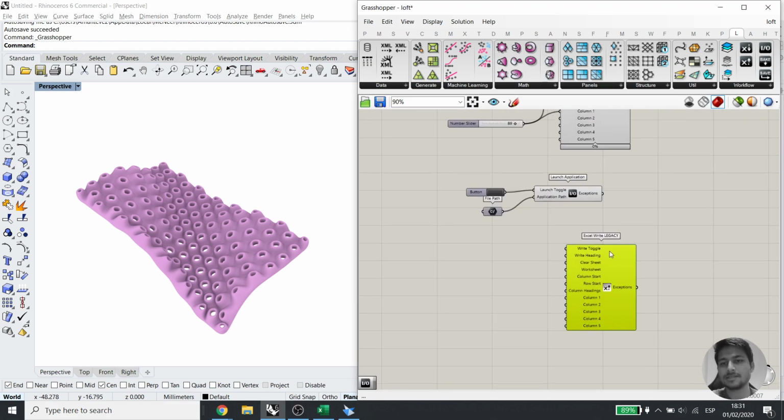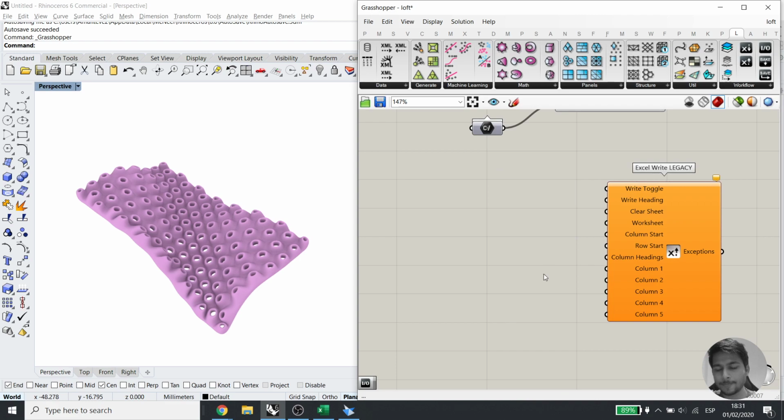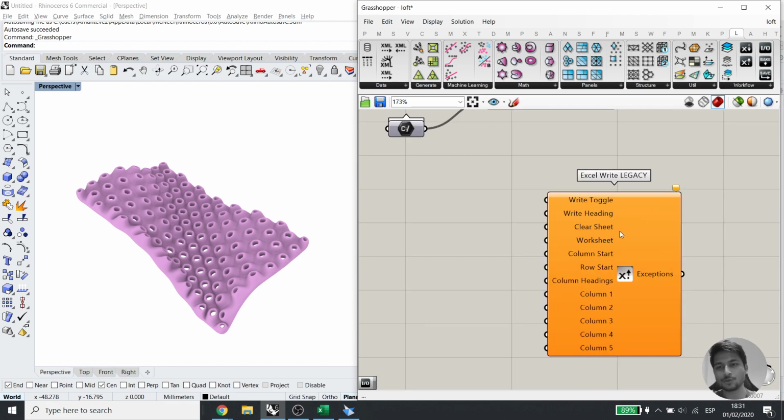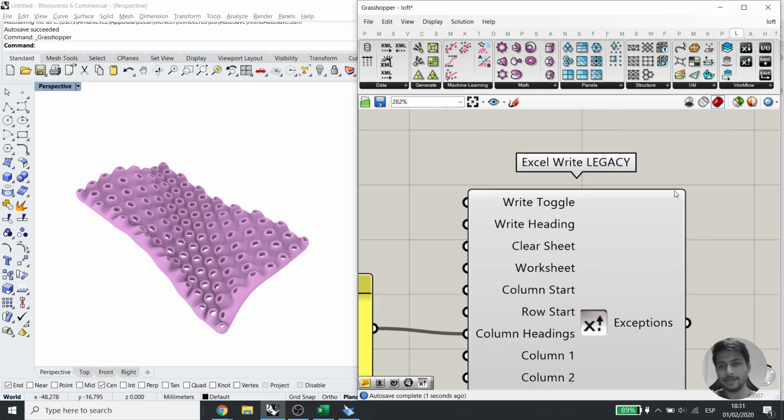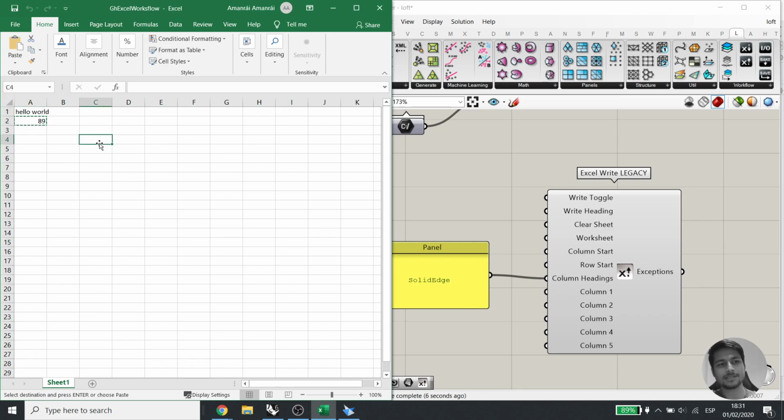So what it basically does is it analyzes if there is one open Excel file. Make sure you only have one Excel file open. I'm going to turn that off. To make the component work, it's going to need the input parameter column heading. So let's provide a column heading. So we can say Solid Edge or some value, and hopefully, as you can see, it's not doing any